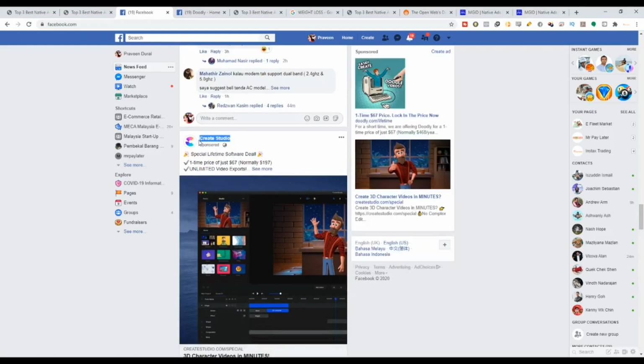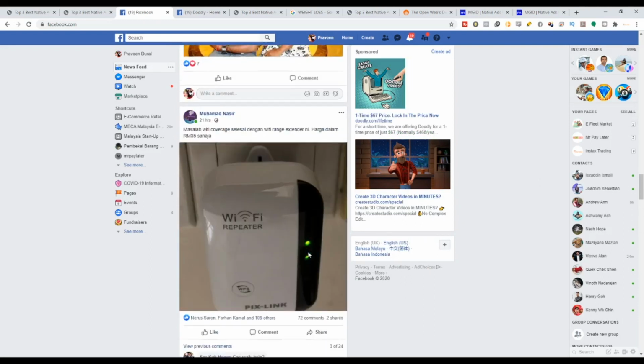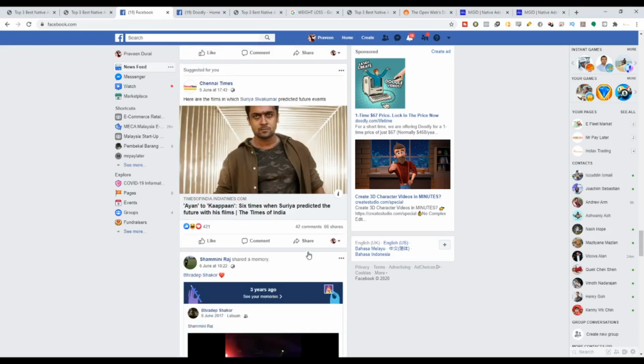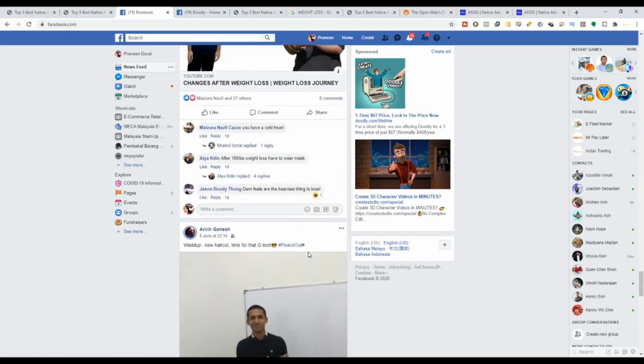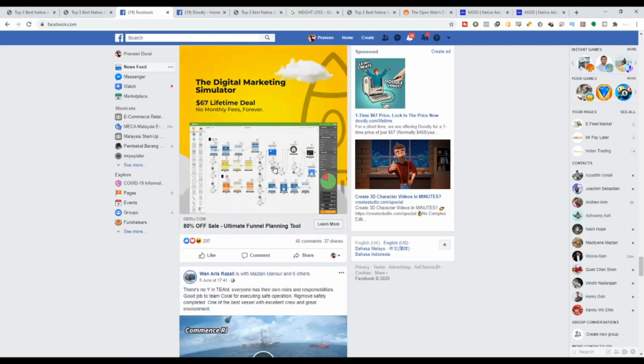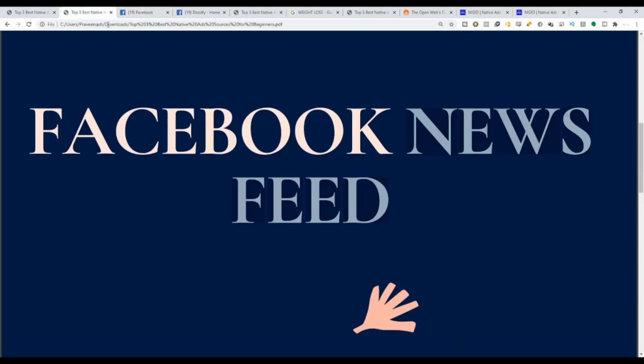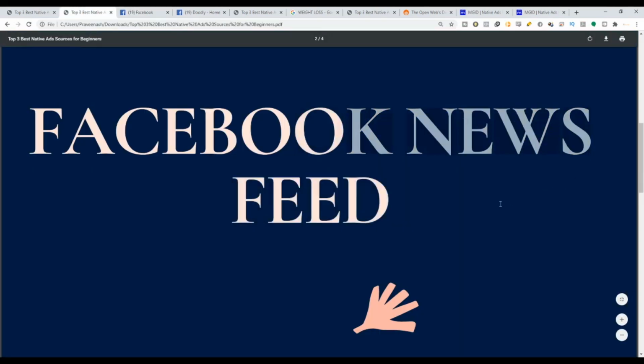Creative Studio, guys. Creative Studio. So this is also an animation type of feature. It's an ad, you can see, but it looks exactly the same as a normal post, right? And let's see one more, guys. This is actually an ad as well, but it looks exactly like a normal post. This is why we told you that Facebook newsfeed is one of the best traffic sources that you can actually opt